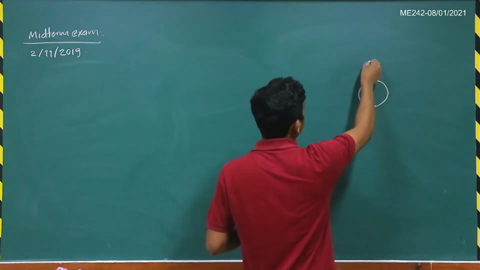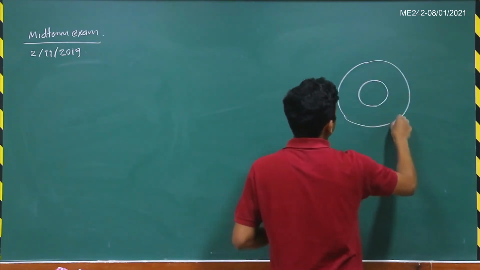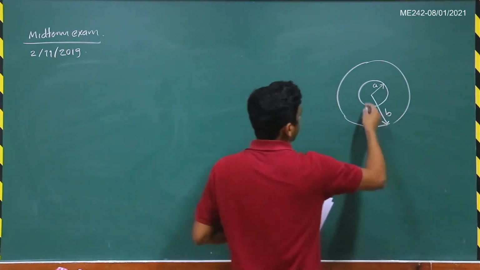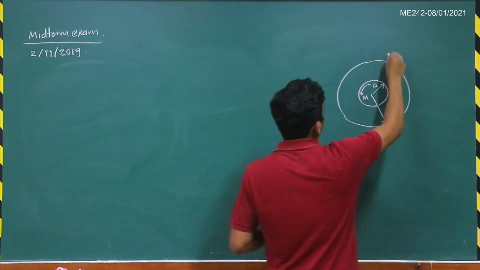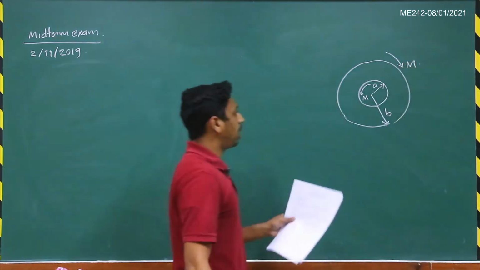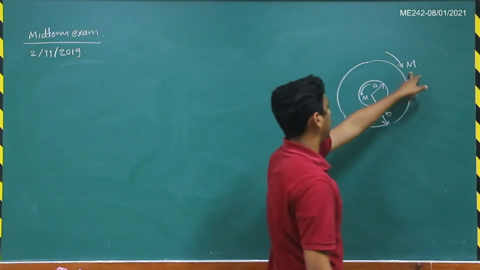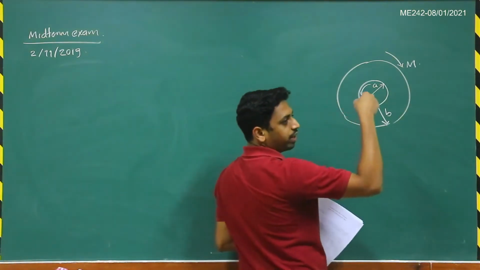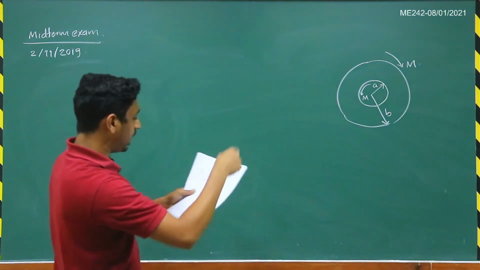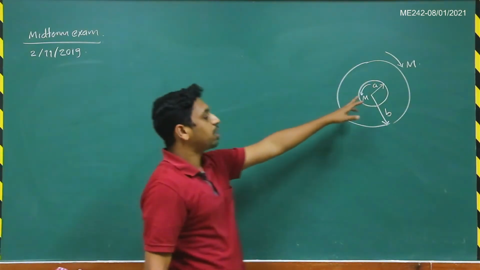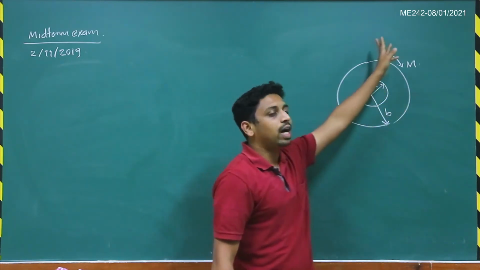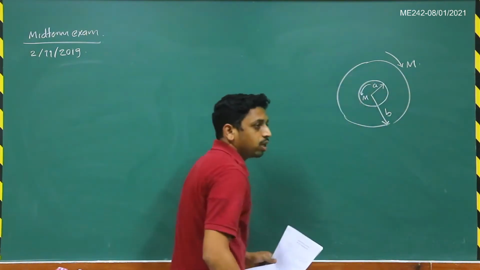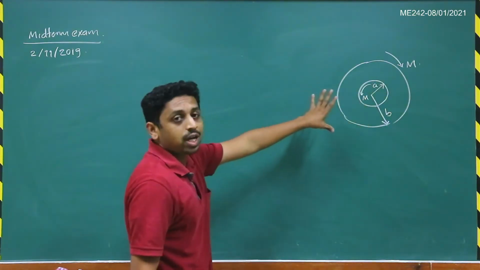of inner radius A and outer radius B. This is A, this is B. It is subjected to equal and opposite moments being applied on the surfaces r equals A and r equals B. So basically we assume unit thickness into the board, which is in the Z direction. So these equal and opposite moments are applied on the surfaces r equals A and r equals B through some tangential tractions. So these moments are created using some tangential tractions which are independent of theta.